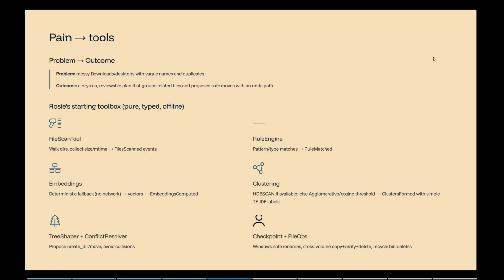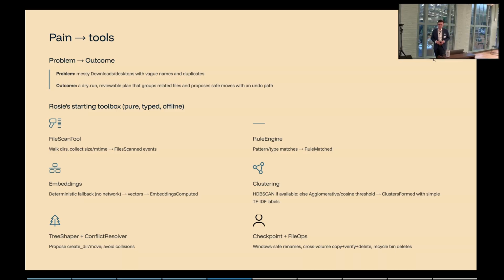So the outcome, having a reviewable plan that groups related files and proposes a safe move with an undo, that's kind of informed the tools that I've made. So we have a file scan tool that walks through the directories, scans the whole directory for the files. We have an embeddings tool that has also fallbacks, so it's really